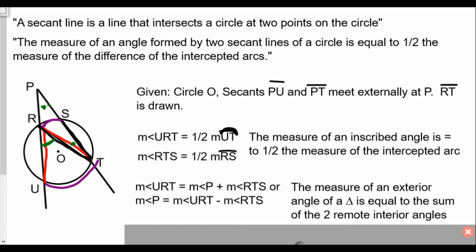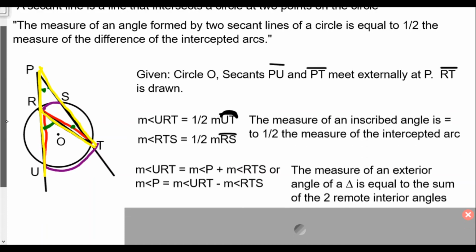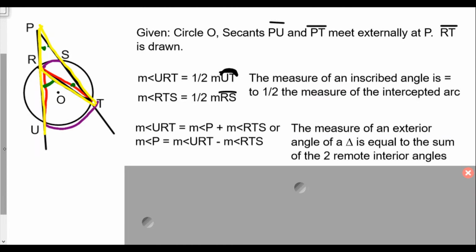This has to do with the exterior angle of a triangle. And you may say, what triangle are we looking at? Well, here's triangle PTR. And our exterior angle would be angle URT. So if we know that relationship is true, then we also can say in this case that here we can